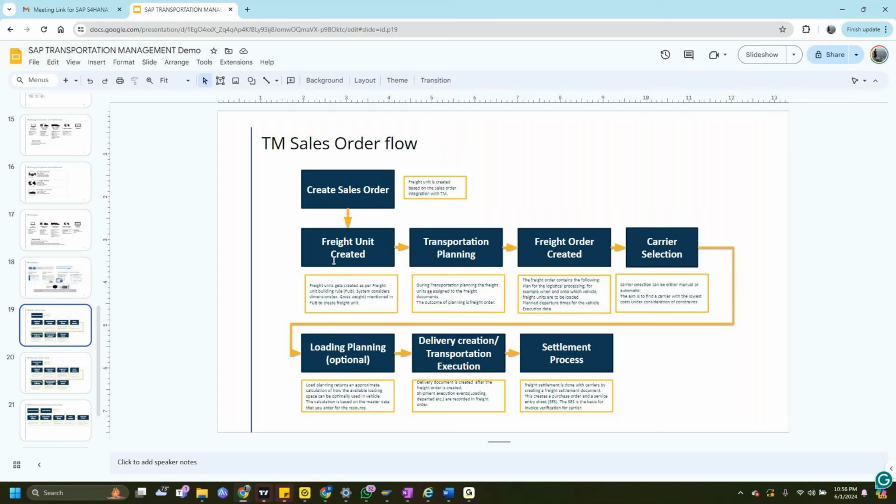So the ask is simple, right? What I'll do as a TM consultant is that for that kind of a product, where they're selling only in trucks, I'll say that it should only create a 53-ton freight unit. It doesn't split across the transportation chain. It goes from one location to the end location as a 53-ton truck. I'll say 53 ton is my freight unit. That's a very simple requirement we had in one of the clients.